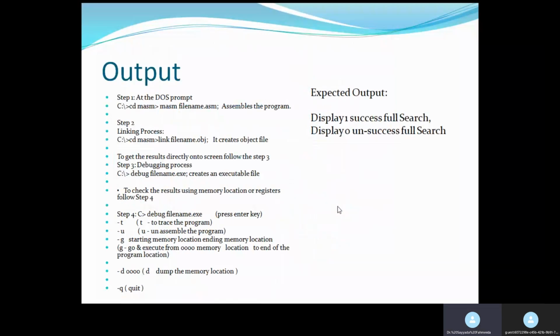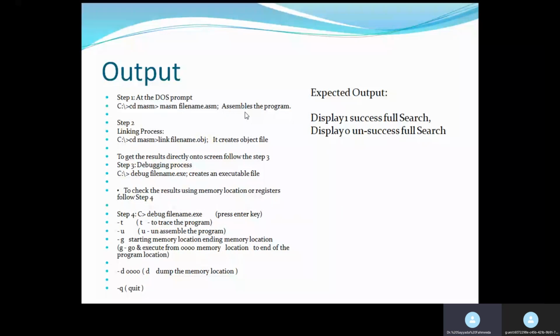So this is the execution pattern which you need to follow for executing all the assembly language programs. You need to first type the program, save the program, then after saving, assemble the program. For assembling, you need to write on the command prompt, masm filename.asm.